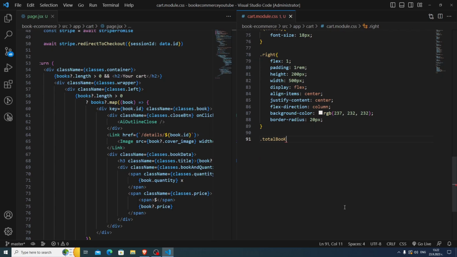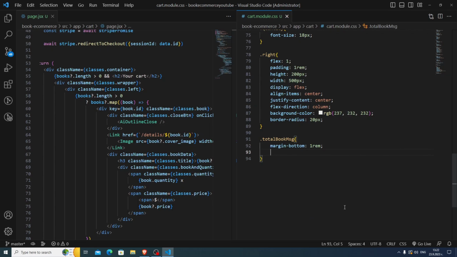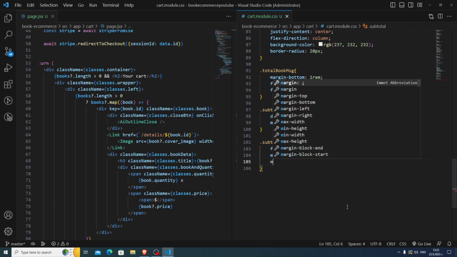Then total book message is going to be equal to margin bottom of one item, then font size of 22 pixel and font weight of 500. Then subtotal checkout BTNs is going to be display of flex, margin top of 2.5 item. Then dot subtotal is going to be font size of 20 pixel, margin top of 0.5 item and margin right